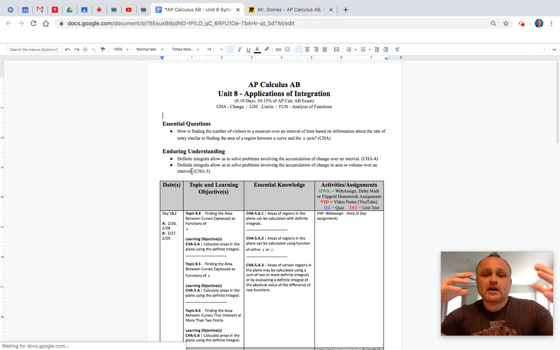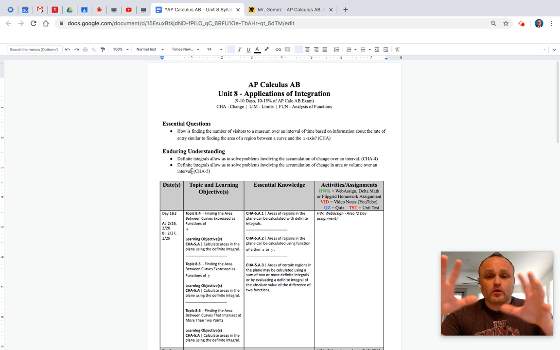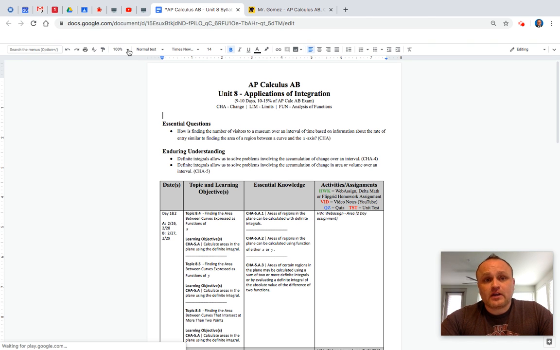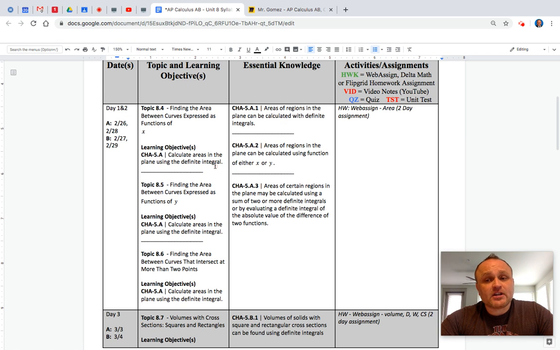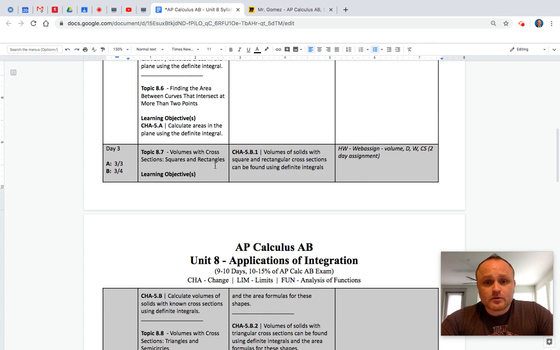So like Sunday night, everything will be updated by myself and Mr. O'Brien on that specific day or week. And then you will be able to start that work, and all the videos and all the notes that are included on that, you'll be able to go ahead and just go from there. But if you start early, there's a good chance that it won't be completely updated and ready for you guys. So please do not start early. Please wait until Monday to start each week and each chunk. And then you'll be fine.